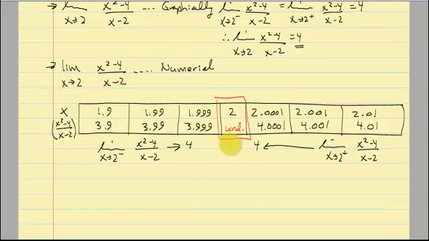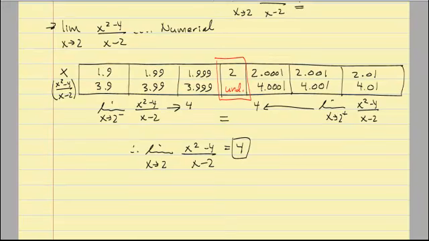It approaches 4, as you can see. From the right, the limit as x approaches 2 from the right approaches 4. Therefore, because these are equal, the limit as x approaches 2 of my function is equal to 4. The limit is 4. The functional value is not 4. The limit is 4. So there's the graphical approach, there's the numerical approach, and then of course we talked about